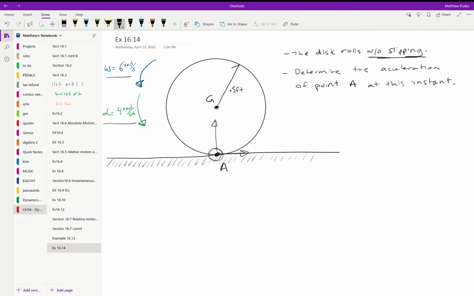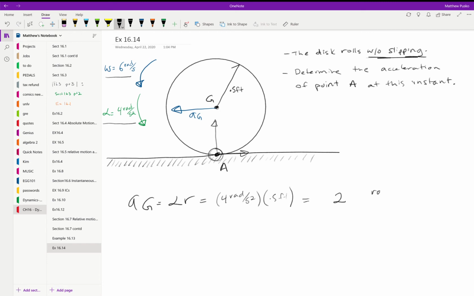How about that? So the first thing I'm going to do, so we can use our relative acceleration equation, is to find out what the acceleration of G is. And we can do that. Oh, the acceleration of G is just going to be equal to alpha r. And we know alpha, we know r, so 4 radians per second squared times 0.5 feet. And we get